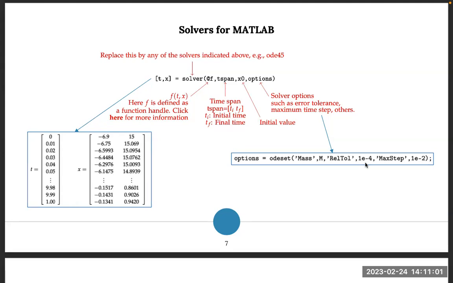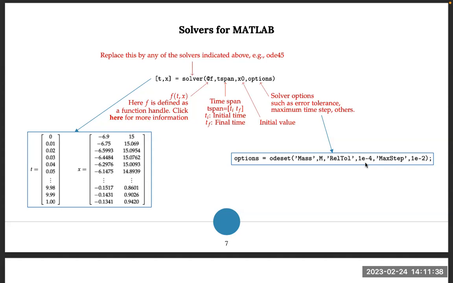1 times 10 to the minus 4. Or, for example, what is going to be the max time step? Because the step is adaptable, it's not constant. When you have fast dynamics, the ODE solver is going to use a small time step, but you can say, okay, I don't want it to be as large as 1 times 10 to the minus 2, so you can still capture all the dynamics required. Those are the default options. And that mass